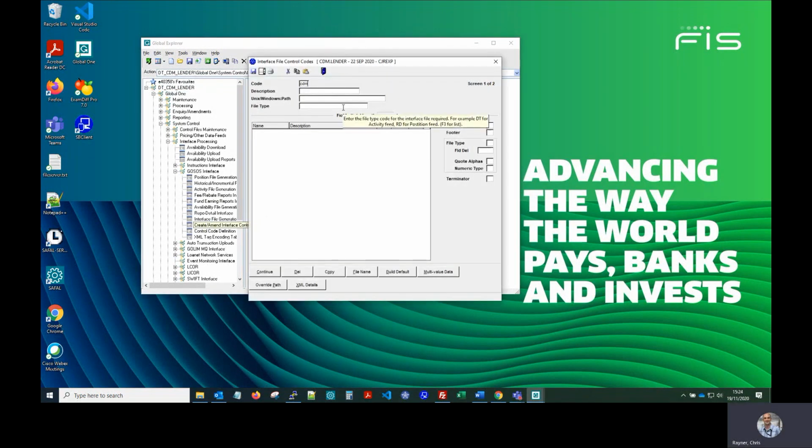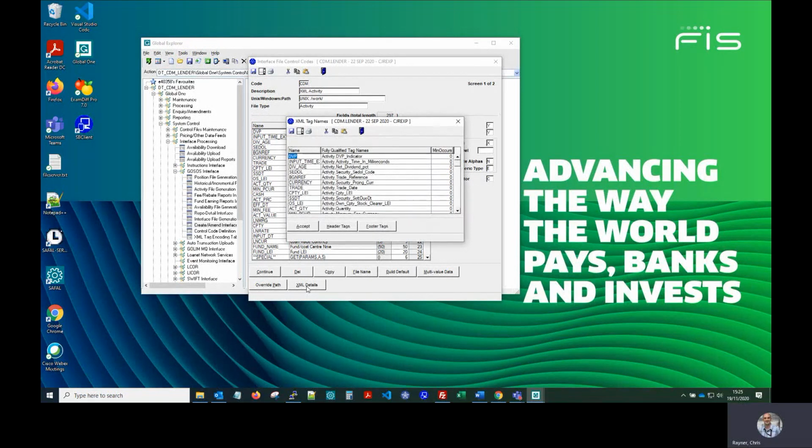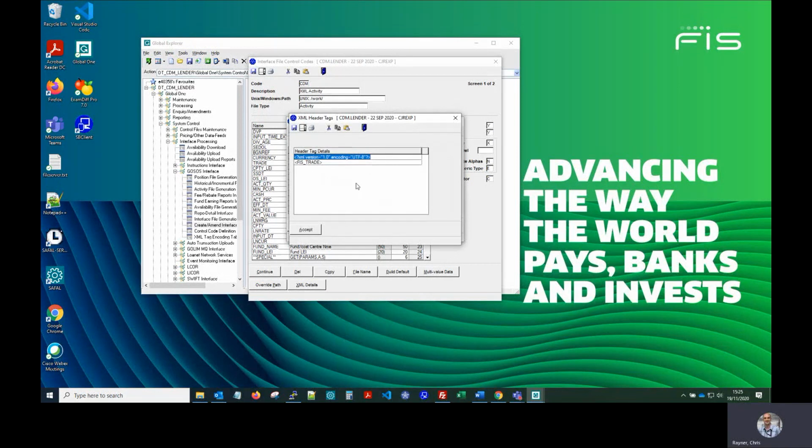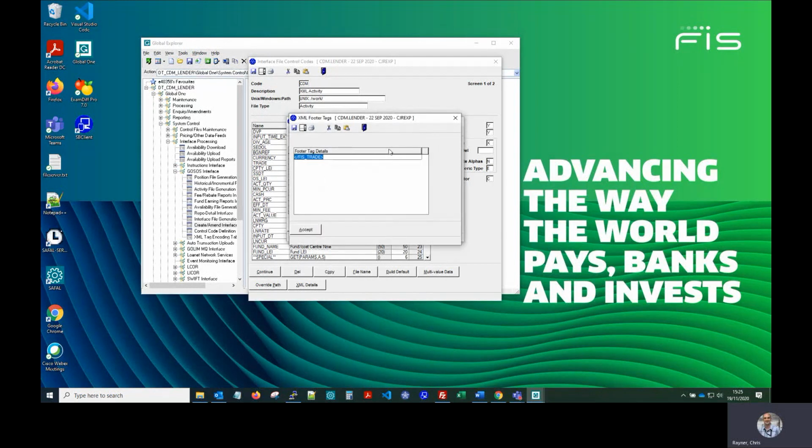And if we open it up, we'll see it's an XML type. The file type there is XML. Not much data in it at all, keeping it nice and simple for the time being. If we have a look at the XML details, you'll see that the tag names for the data are just left as the default field names, tag names set by the system. They're just prefixed with activity. In the header, set the XML prologue and just added a root node of FIS_trade. And in the footer, just closing that root node of FIS trade.